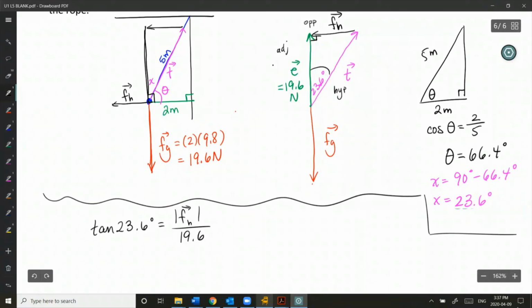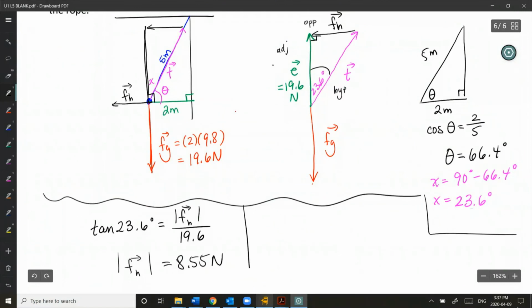Okay, so we're simply going to multiply 19.6 up, and we'll multiply it by tan of 23.6. I actually left all the decimals in my calculator from this, so my answer might be a little bit more exact here than what you get if you already erased that from your calculator, but I got about 8.55